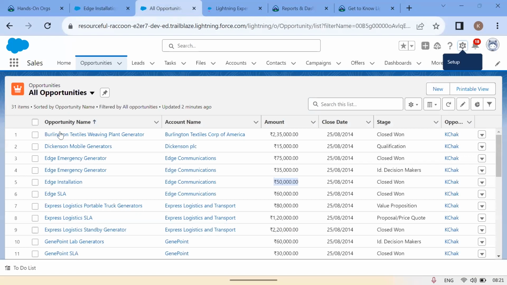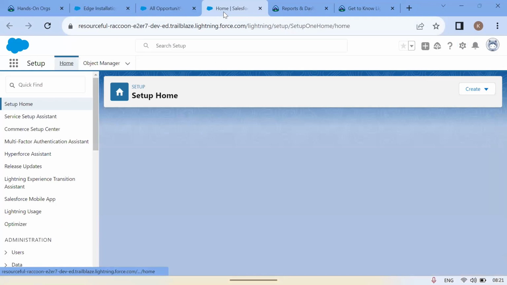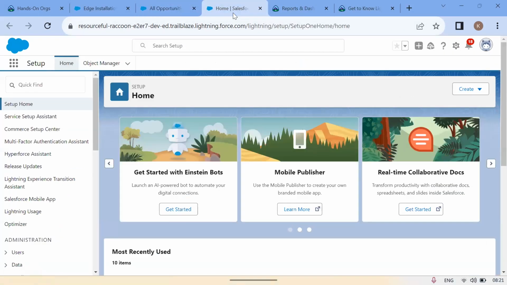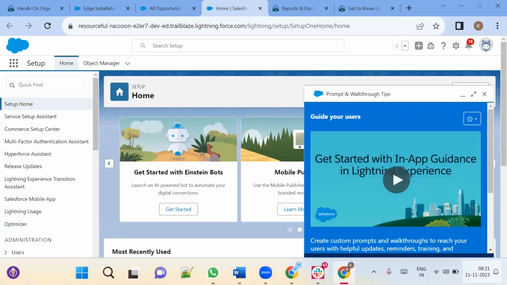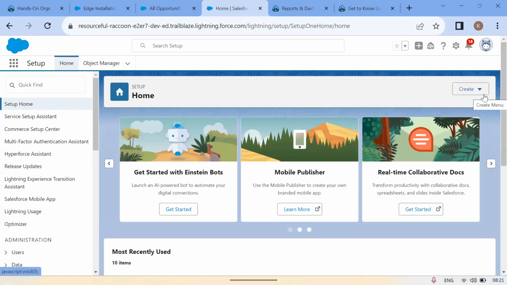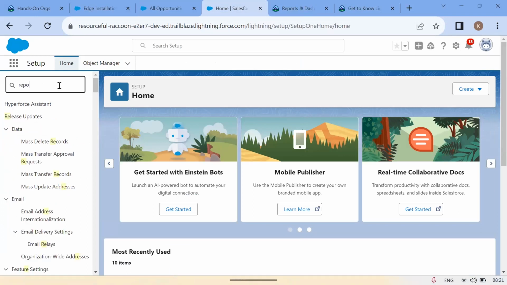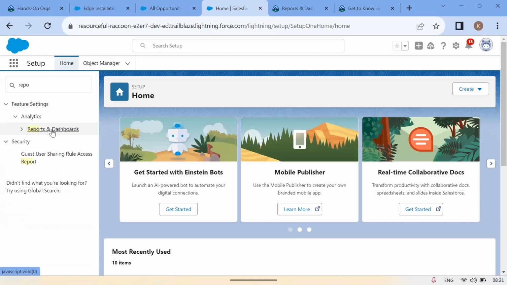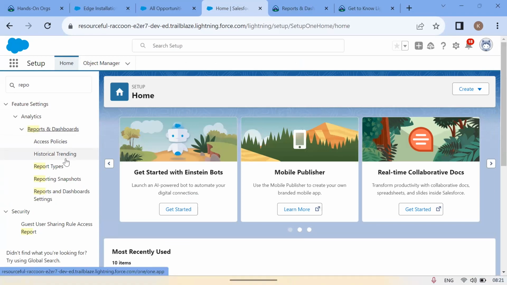The reports in Salesforce are created to see the filtered records, where you have certain criteria applied on those records. Where can you create the reports? Reports in Salesforce can be created at a place called report builder. So click on reports and dashboards. In this reports and dashboards,